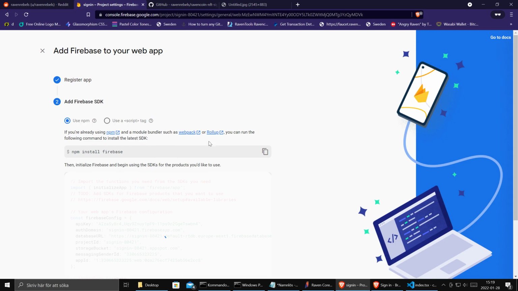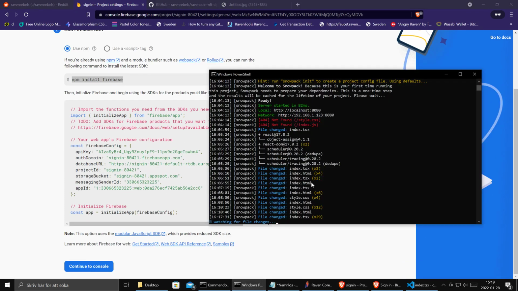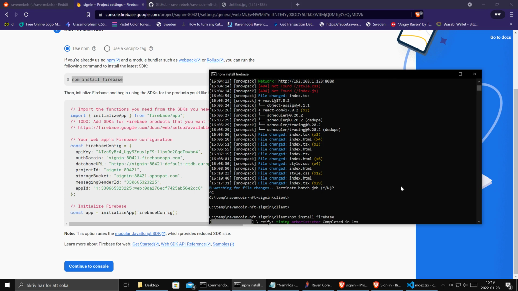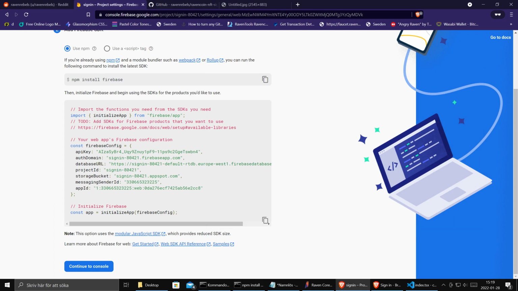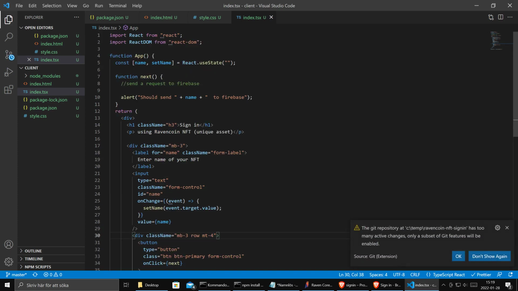We need to get some config. Here we get some nice code that we will add to our project, and it tells us that we have to install Firebase. So let's install Firebase. This might take some time. At the same time, now we can take this default code and we add it to our